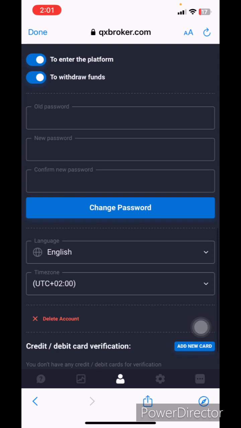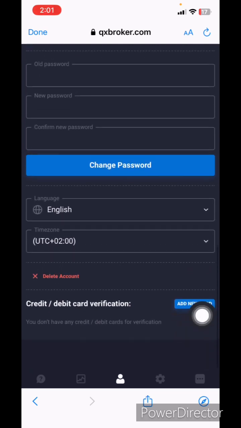You can change your password if you want, and also you can attach your card here. When attaching your card, you must watch the other video, because in the other video I walk you step by step on how you go about this. So on here, you just add your card. It will request you to put your card number, which is on your card, and also the expiry date and the year, and basically to ask you as well